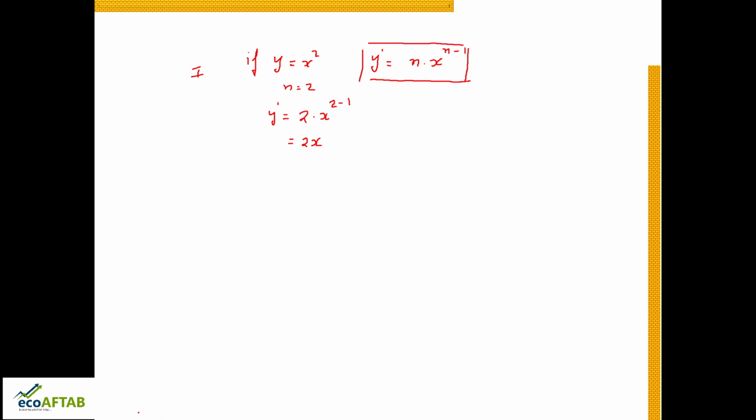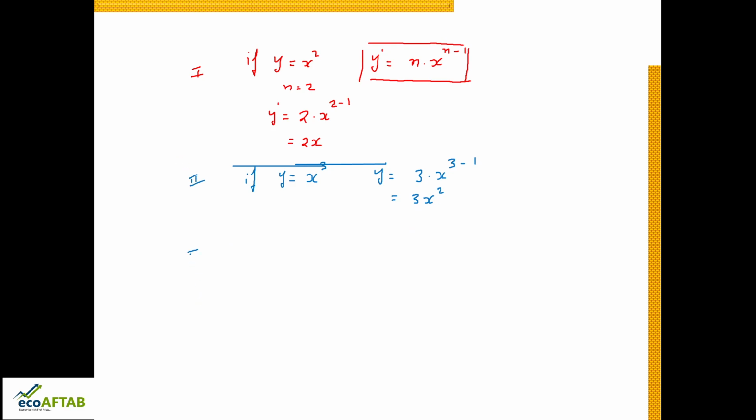Another example, if y is equal to x cube, then y prime is equal to 3 into x raised to 3 minus 1, that is equal to 3x square. So this is the slope of the function. How did you get 3x square? 3 minus 1, that is 2. Another example